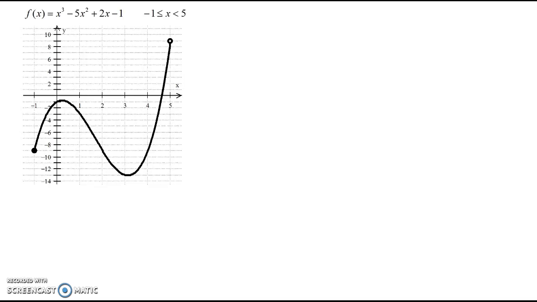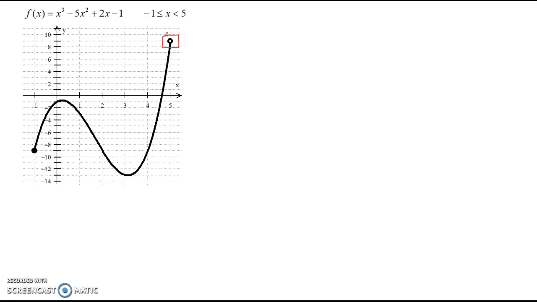Welcome to the second video on analyzing graphs, a very basic introduction to this topic. This graph is very similar to the one that we looked at in the earlier example, with one exception. You can see here that the end point on the right hand side is an open circle and thus is not included in the domain of